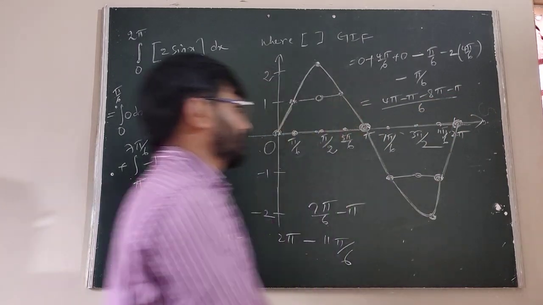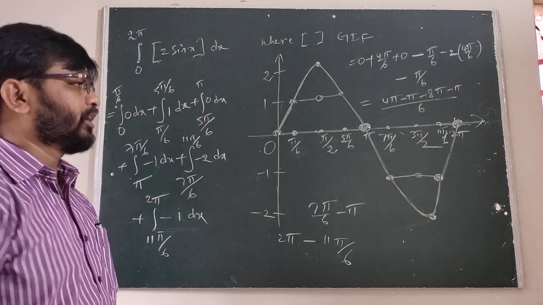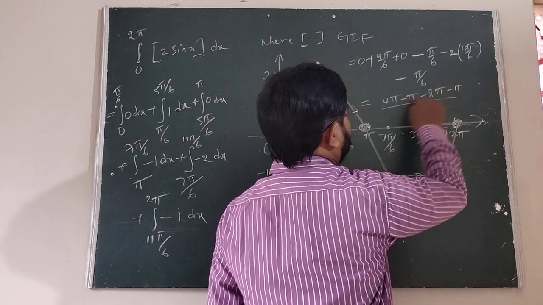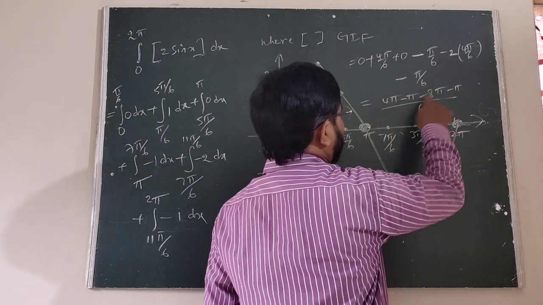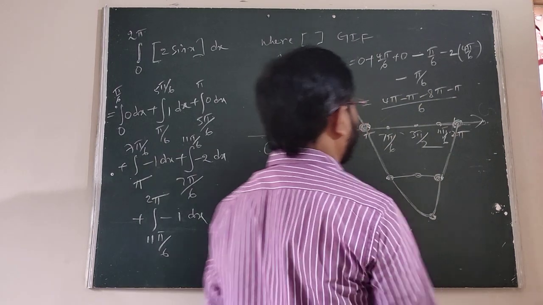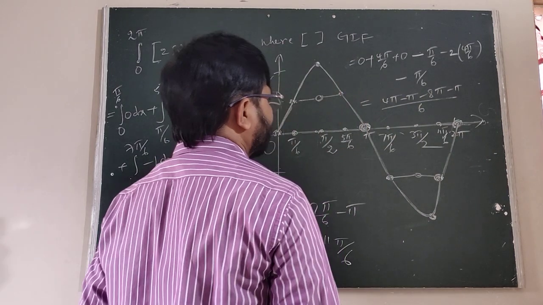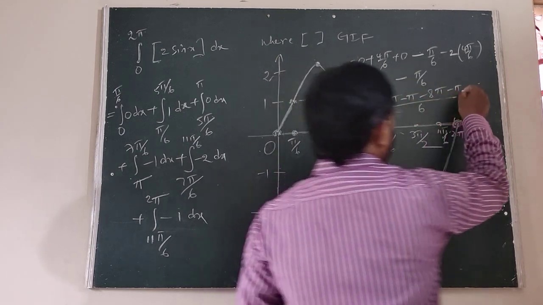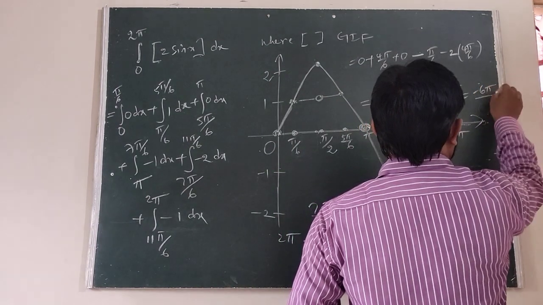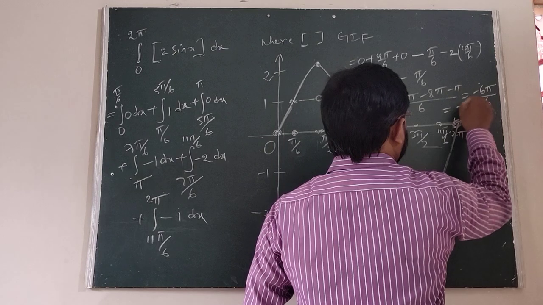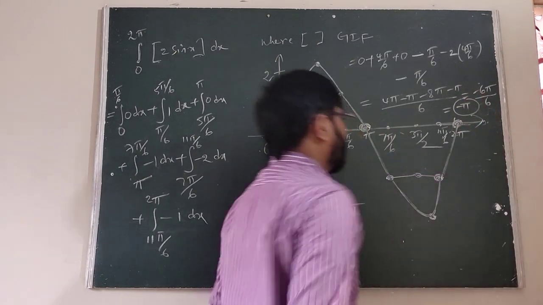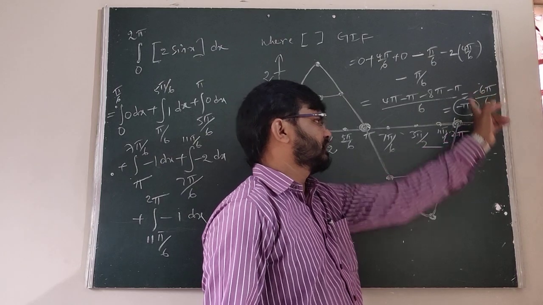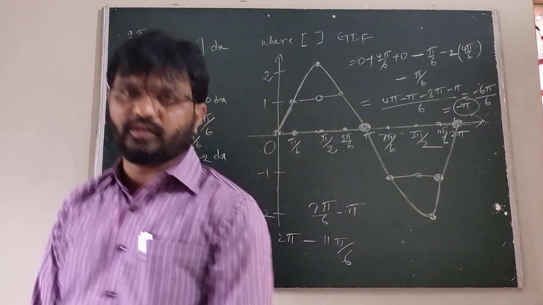LCM is 6. Now we can observe here the 8 pi, 8 pi minus 4 pi. 8 pi minus 4 pi is 4 pi. Minus of 4 pi. Now you can learn here that minus of 10 pi minus 6 pi by 6. This is minus pi, the answer. Is it clear? How to write this is minus 10 pi plus 4 pi minus 6 pi. 6 cancels. Minus pi is the answer. Okay.